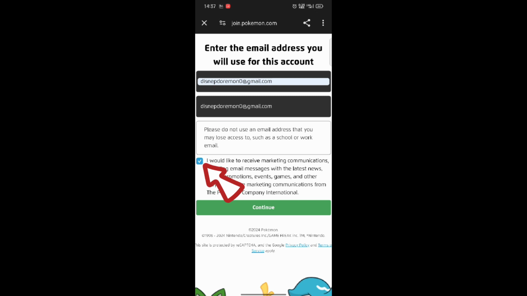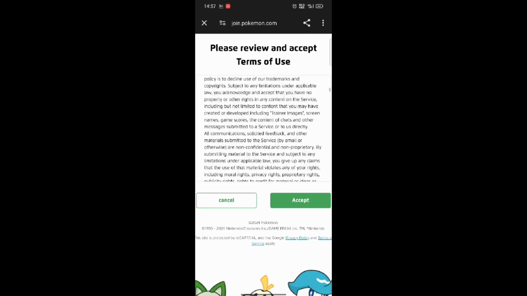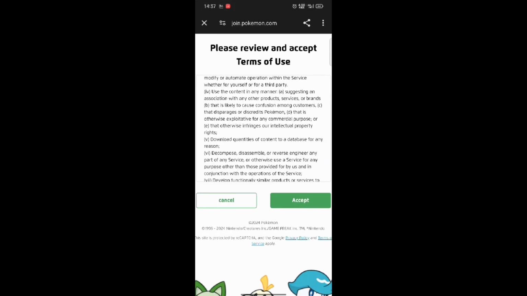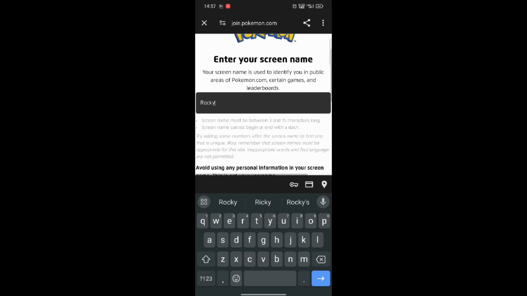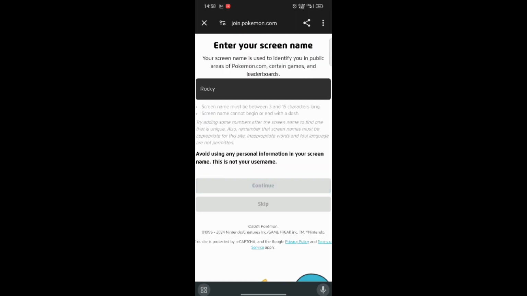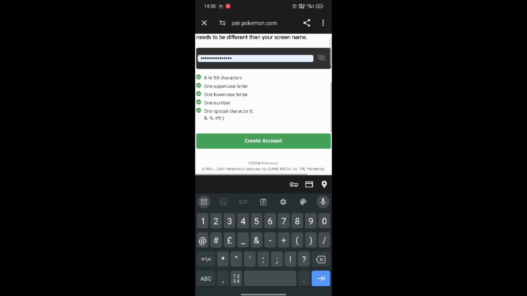Tick mark the box to receive marketing communication and the latest messages, and tap on Continue. Agree to the terms and conditions of Pokémon Go by tapping on Accept. Create your screen name and tap on Continue. On the next page, enter your username and create a password for your Pokémon Go account and tap on Create